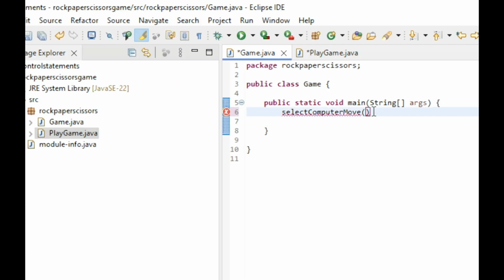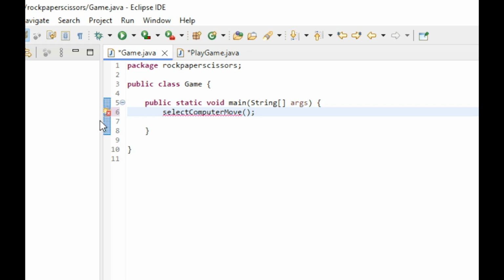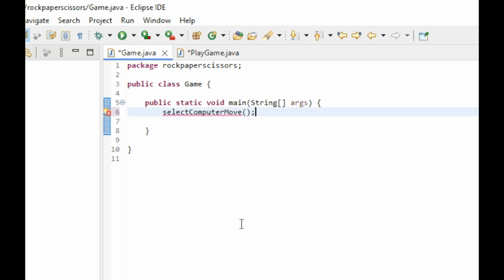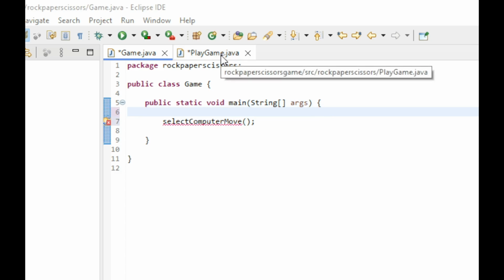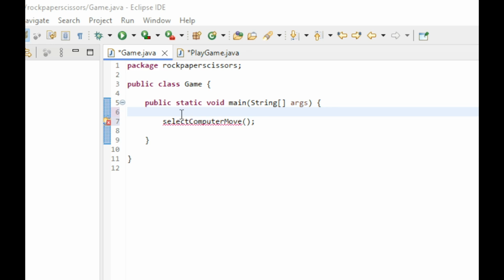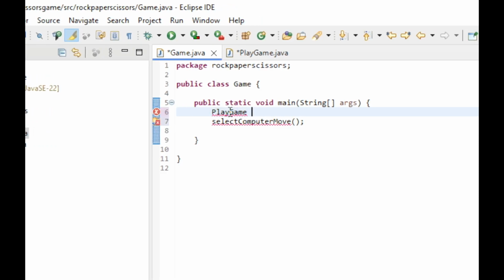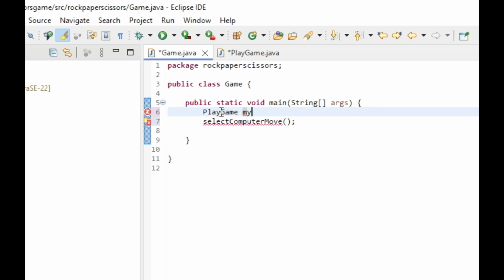But before we call this method, we need to create an object of this class, an object of the play game class. Then we can call this method on the object. So to do that, we're going to say play game, then the name. We can say my game, let's put things simple,